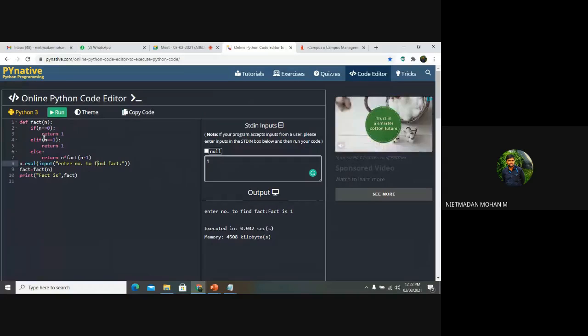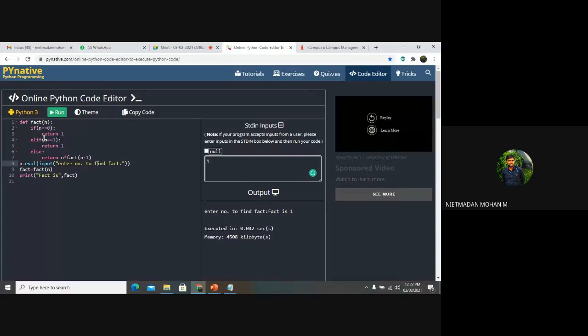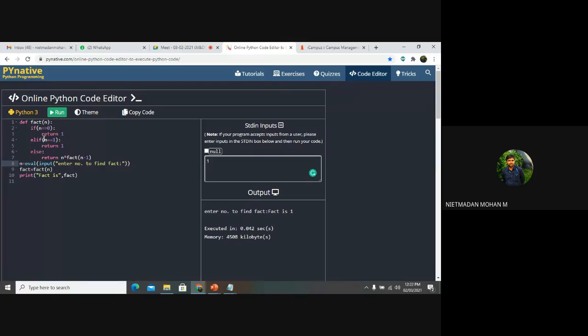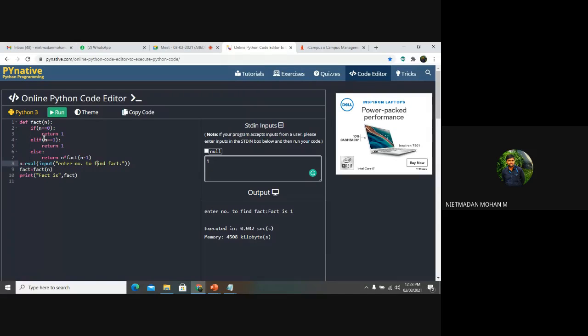If you want to reduce the lines of code, then you can add that or operation and give the conditions also. That will be fine. In case you are going with if and else statement, this will be your lines of code. Clear? If you are using only if and else statement, in the first if itself you can mention that n is equal to 0 or n is equal to 1, then you can return 1.